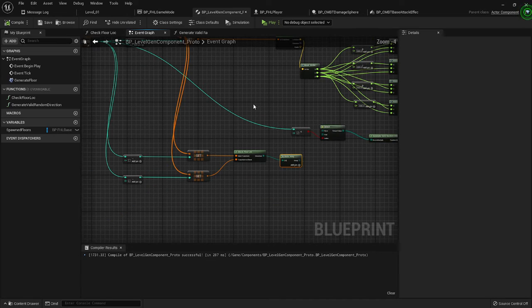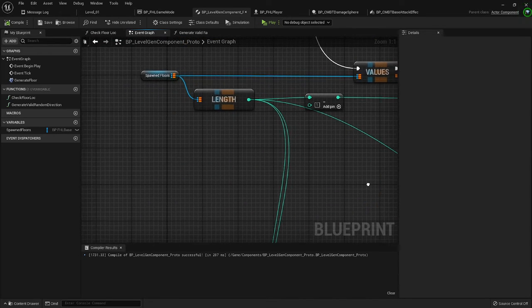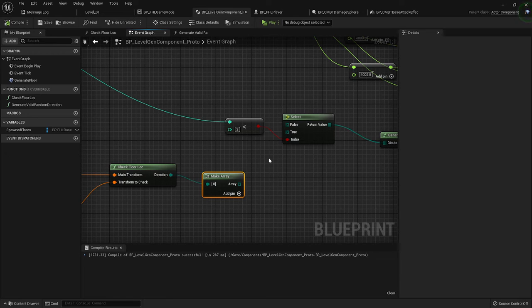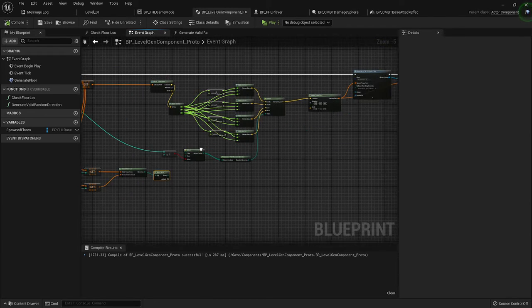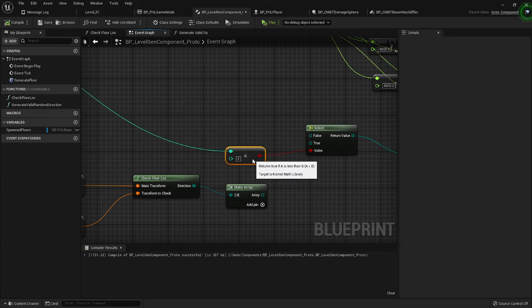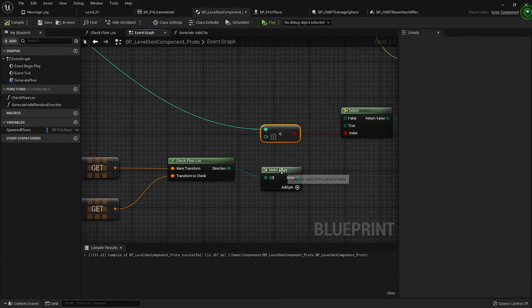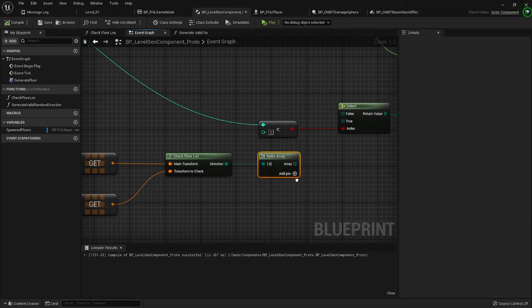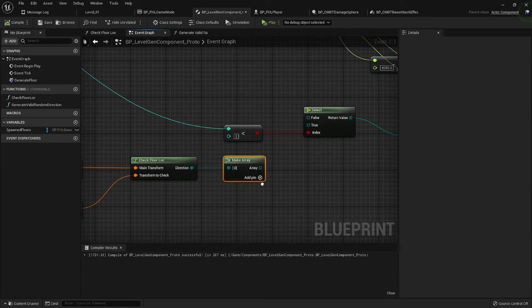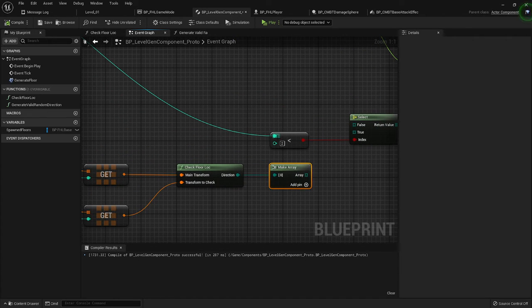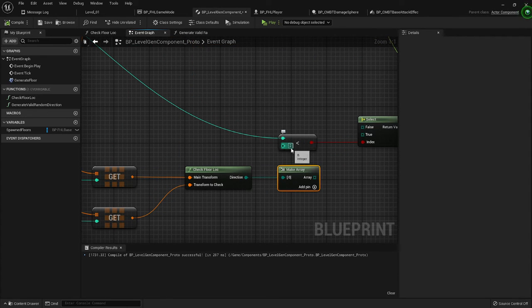That means the length of our spawn floor, this less than 2, that means it's 1 or 0. No, I'd want to be able to, it's going to show errors anyway. It should be less than, if the length is less than 3,